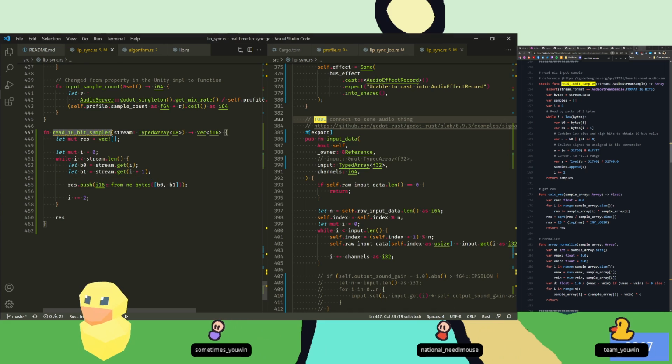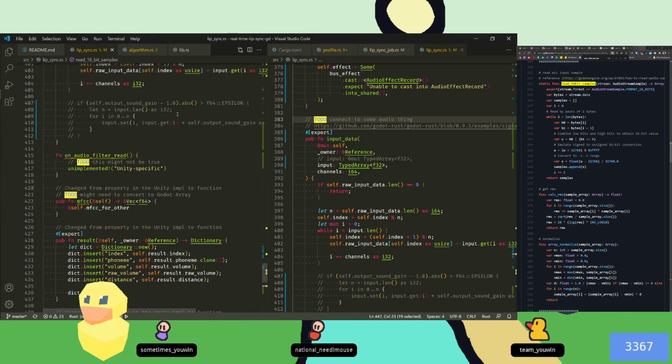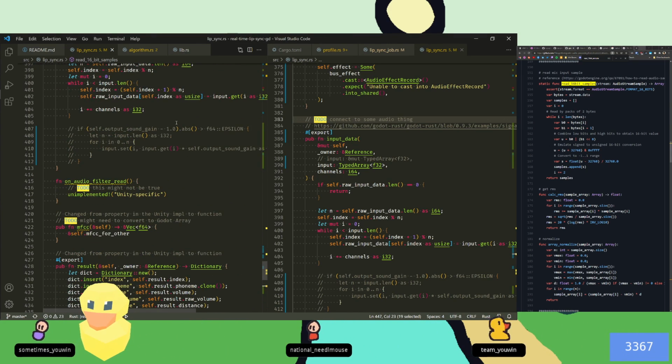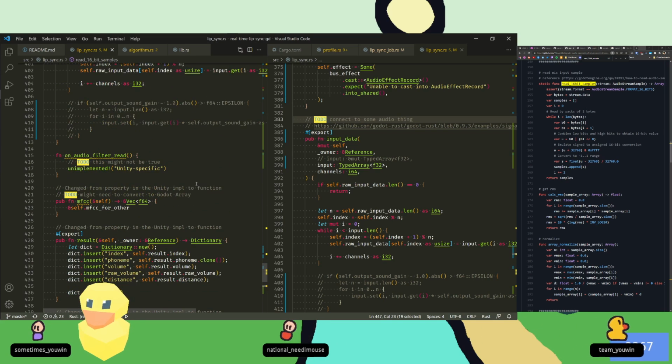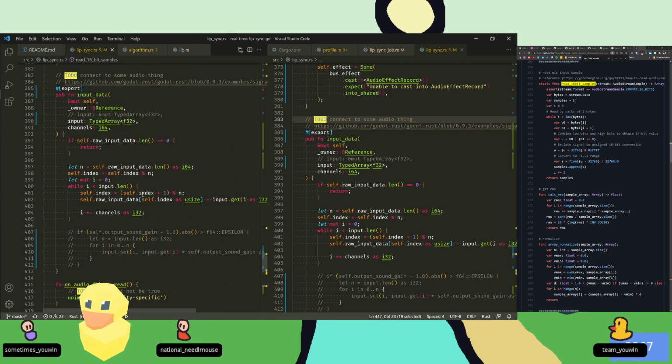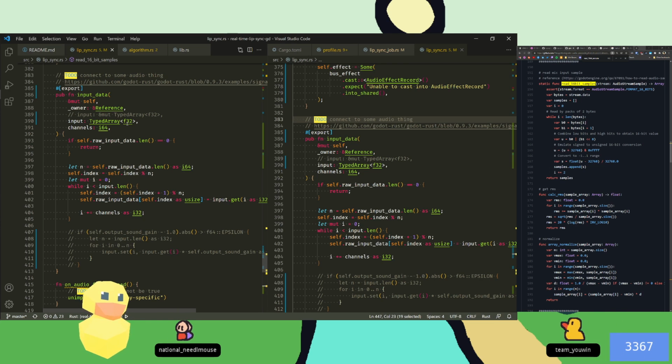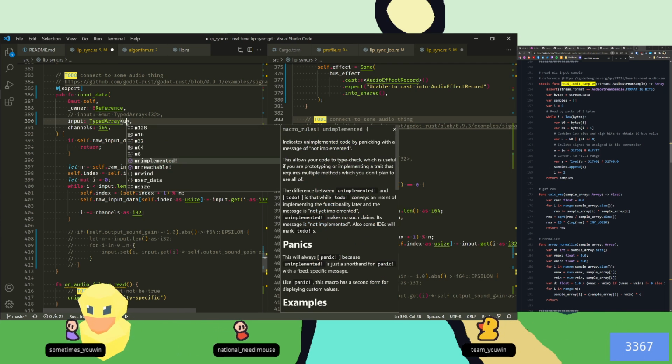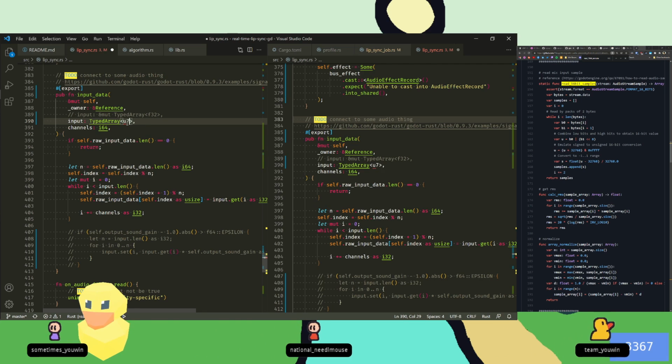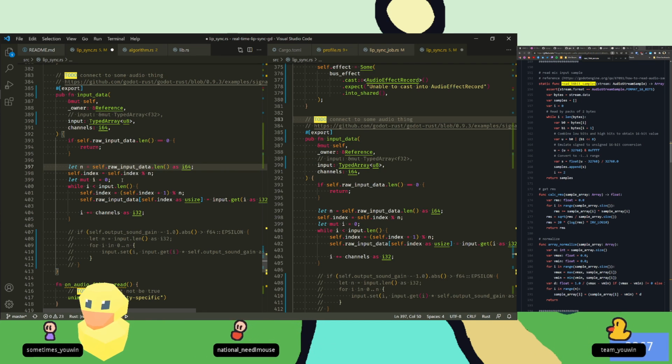So read 16-bit samples. Basically a static function for all intents and purposes. Here we need to convert from u. So u will be a u8. Right. Then this is